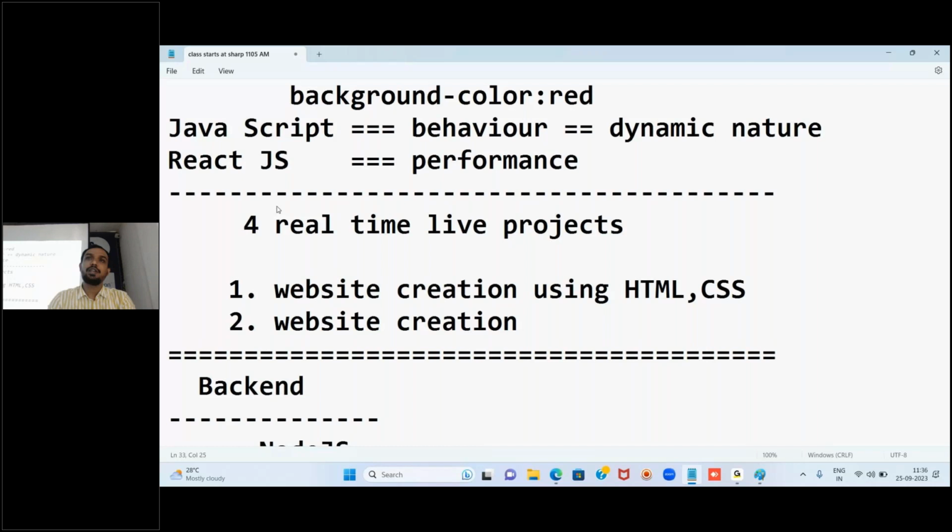Clear? So one application will be where we use HTML and CSS to create one complete website, one beautiful website which looks like an original website which we generally see. The next application would be where we'll be using HTML, CSS and Bootstrap. Using that Bootstrap we can create it. And one more advantage of this Bootstrap is,